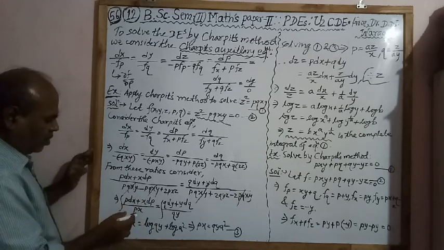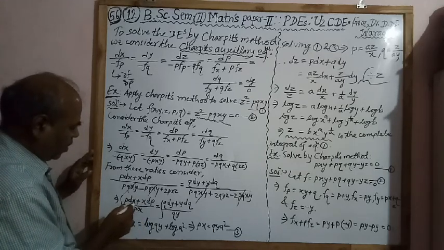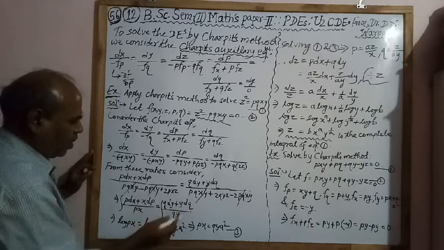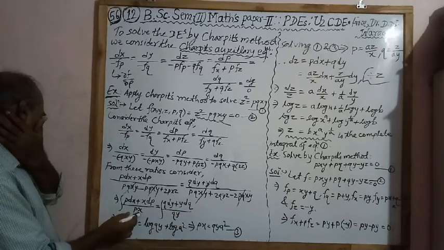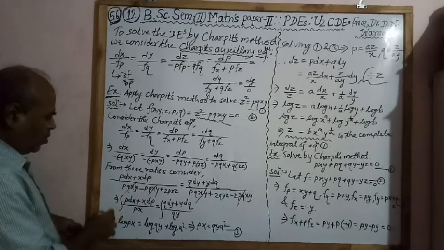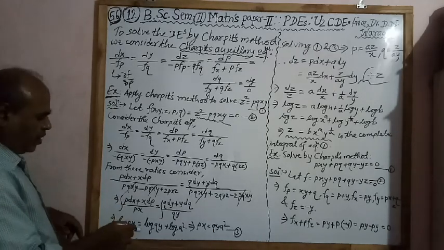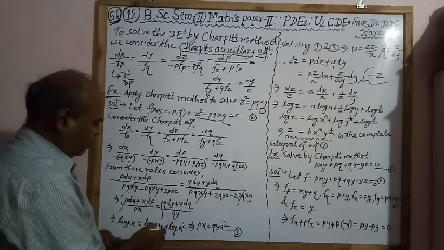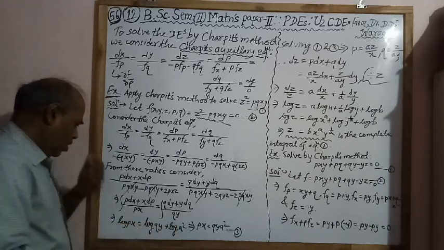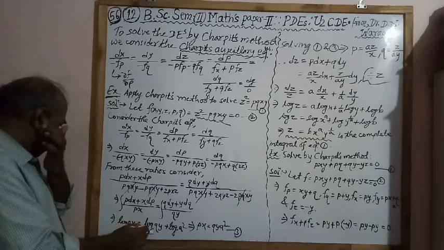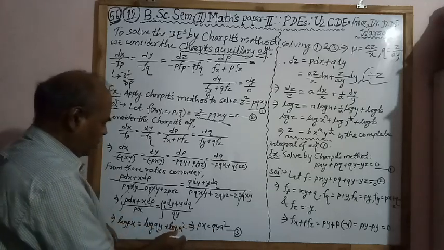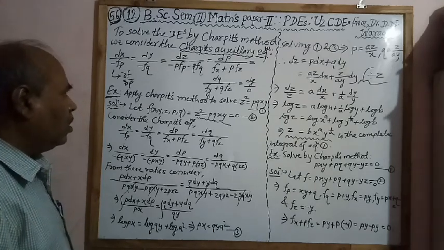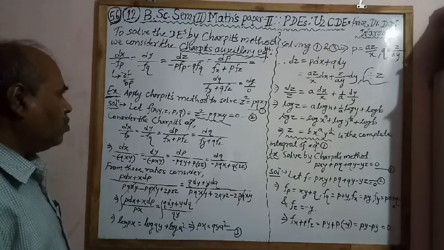Now from this equation, the derivative of px is p into dx plus x into dp. Again the derivative of qy is q into dy plus y dq. That is, the derivative of the denominator is in the numerator. Therefore integrating, we have log of the denominator: log of px equal to log of qy plus log of a square. Therefore log a plus log b, here we have log of qy a square. Therefore we have p equal to az upon x and q equal to z upon ay.